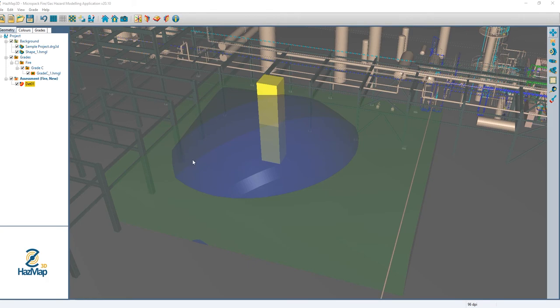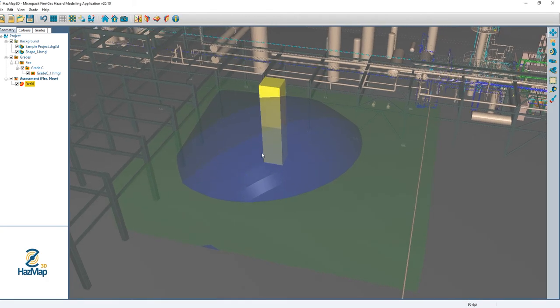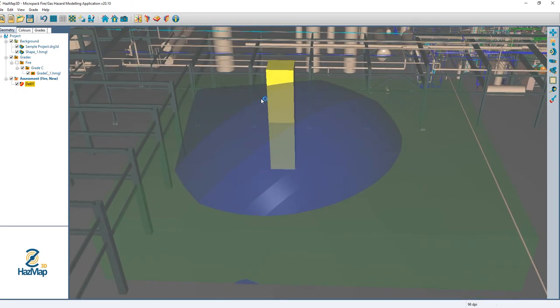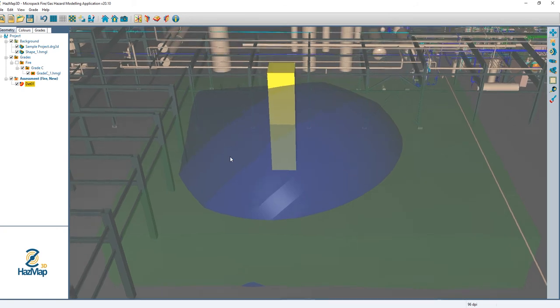I had a licensee ask me if excluding the internal volume of an object caused that object to be ignored for the purposes of visual obstruction for flame detection. So the answer to that is no, but there's a quick and easy way to demonstrate that this is not the case and to show you that an excluded object is still treated as solid and treated as a visual